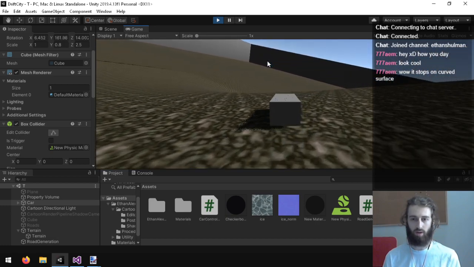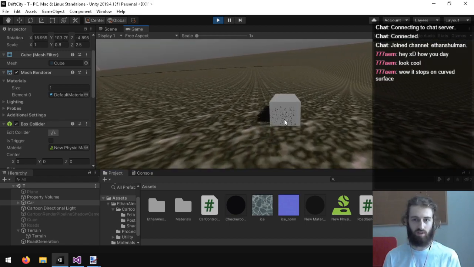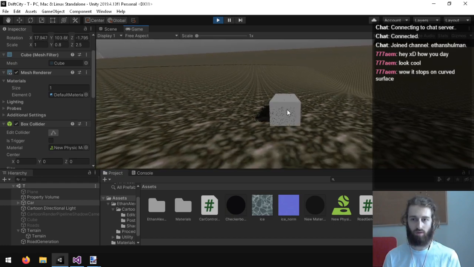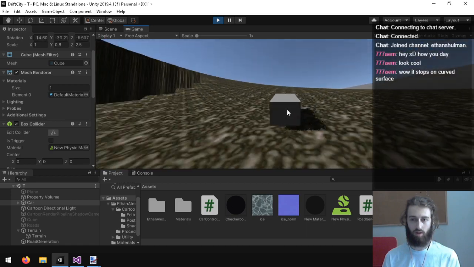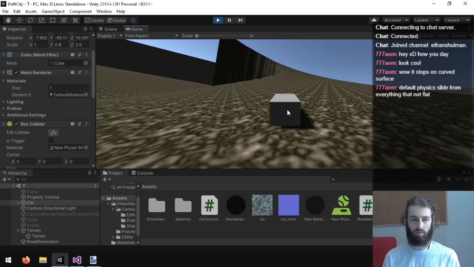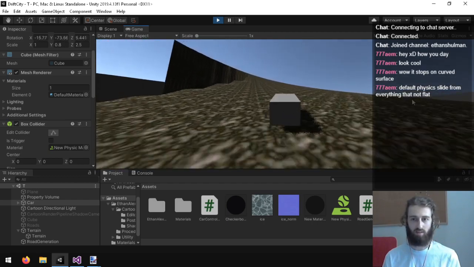But yeah, the friction, that's what I'm messing with right now. You can actually see it does roll, or simulate rolling on the wheels. And then if you go sideways, it stops. Default physics slide from everything that's not flat.